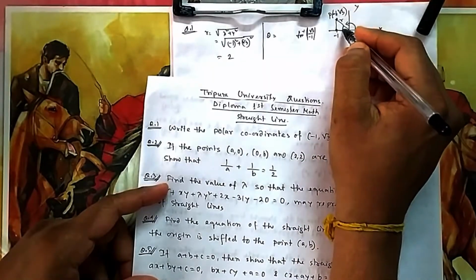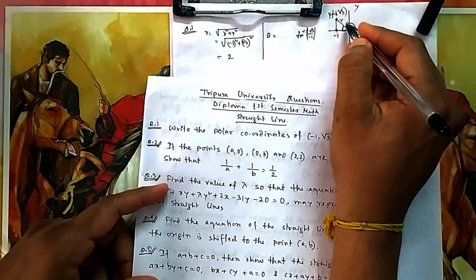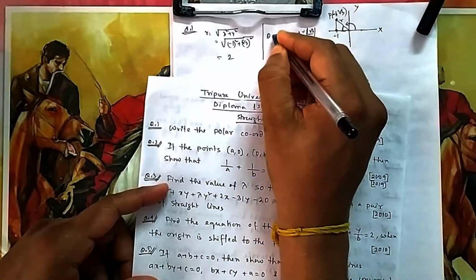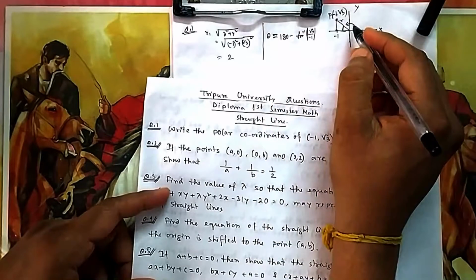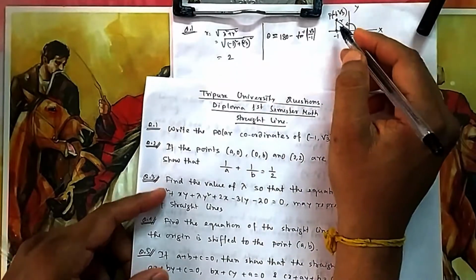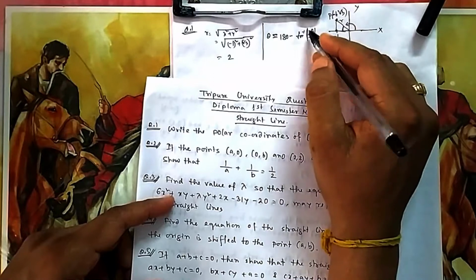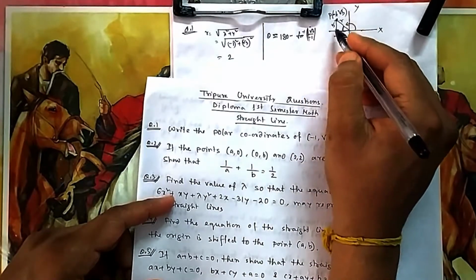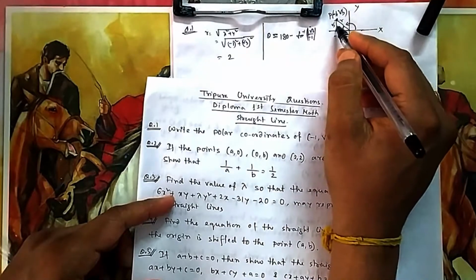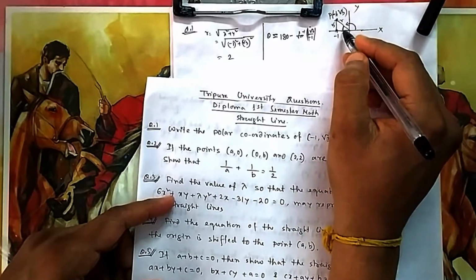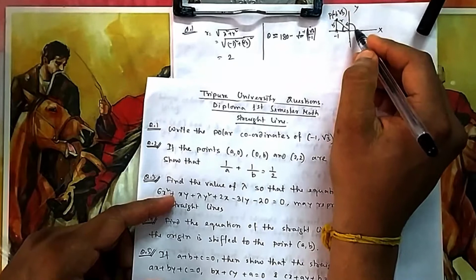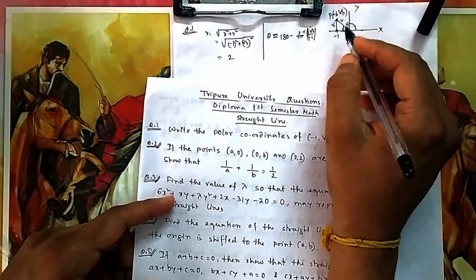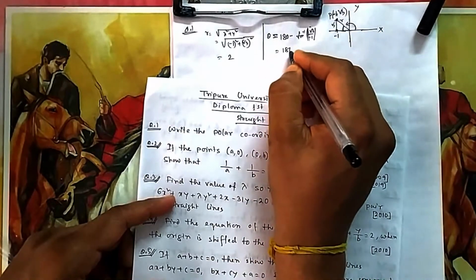60 degrees, which angle? This angle is 60 degrees, but we have to mention it from here. So that's why it is always 180 minus this in case of second quadrant. No need to remember this formula. You can see it is simple logic only here, because if you apply mod, if you take only the absolute value, the magnitude, it is root 3 by 1. So tan inverse root 3 means 60, and they are talking about this angle. But you have to mention the angle from here to here. So it is 180 minus this angle. Second quadrant, that's why it is 180 minus this.